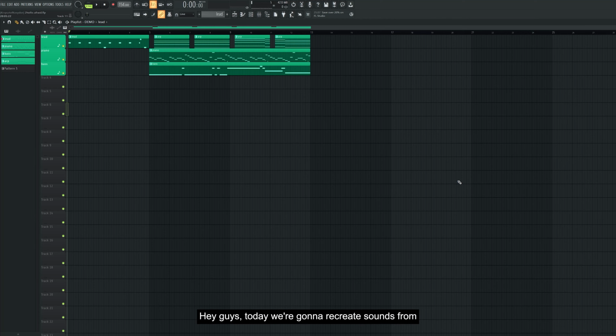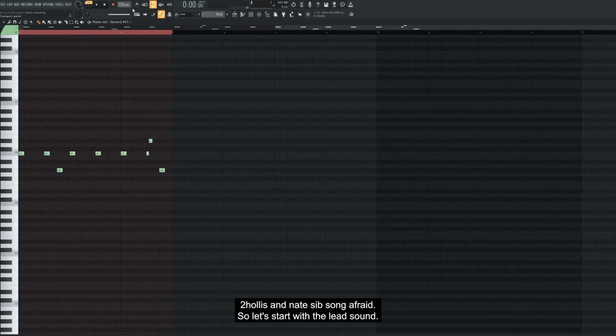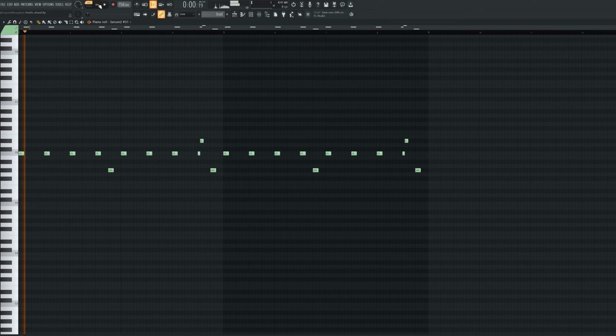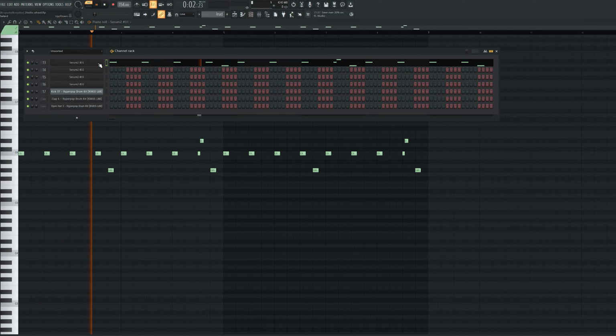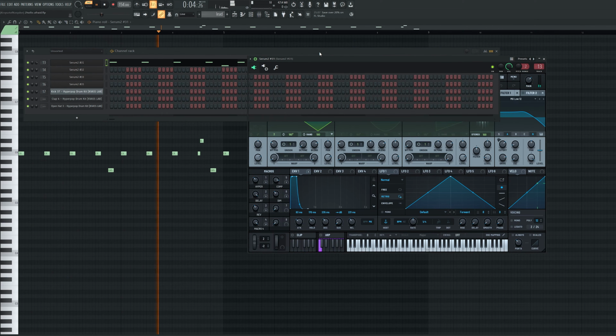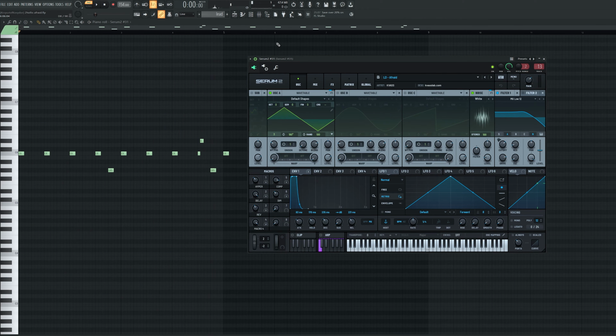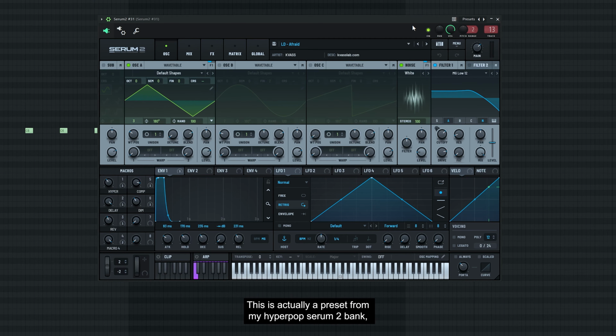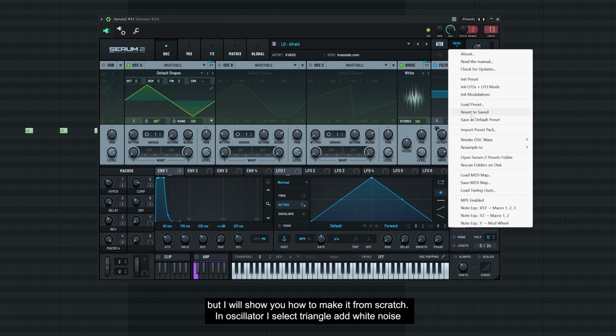Hey guys, today we're gonna recreate sounds from 2hollis and Nate Sib song Afraid. So let's start with the lead sound. This is actually a preset from my hyperpop Serum 2 bank, but I'll show you how to make it from